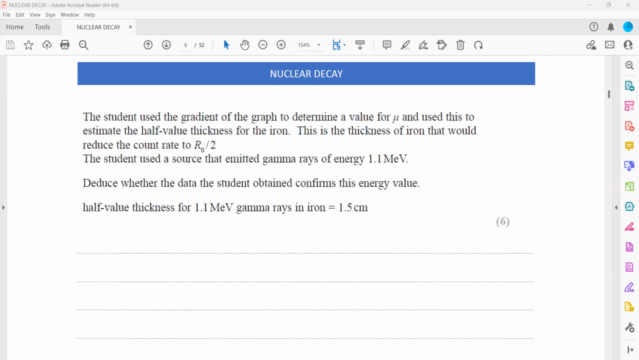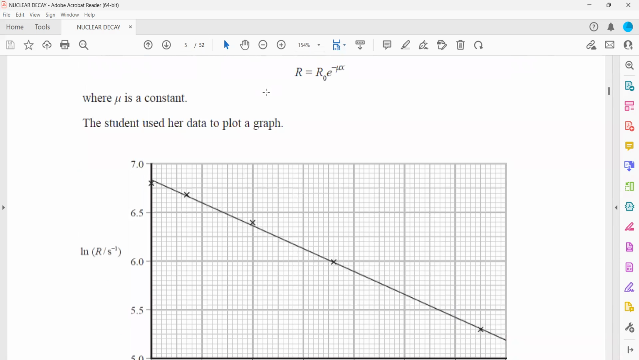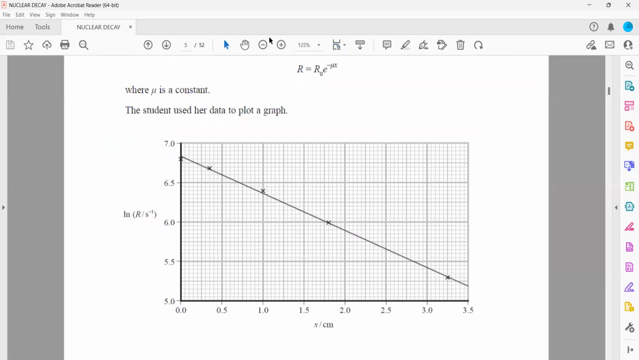So first, we have this graph, as you can see, and the equation is there. So we'll compare, because we are plotting a graph between ln R and X. So we have to modify this equation first. If the equation is R equals R naught e raised to power minus mu X, and the graph is between ln R and X, we have to separate them. If we take ln on both sides, it will be ln R equals ln R naught